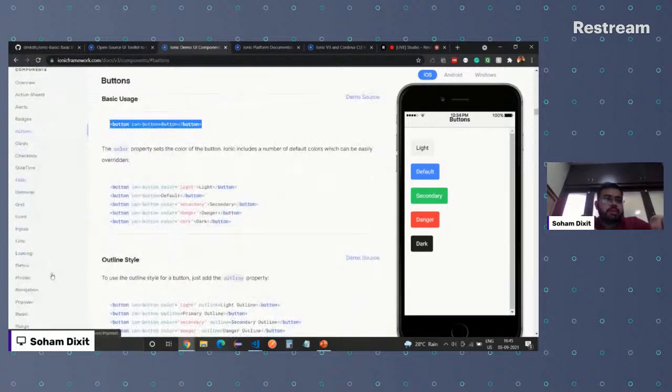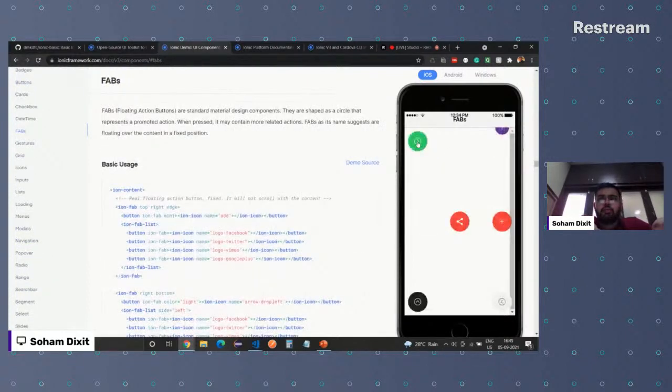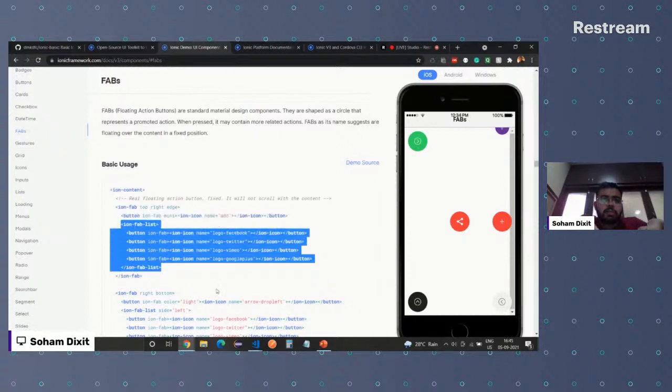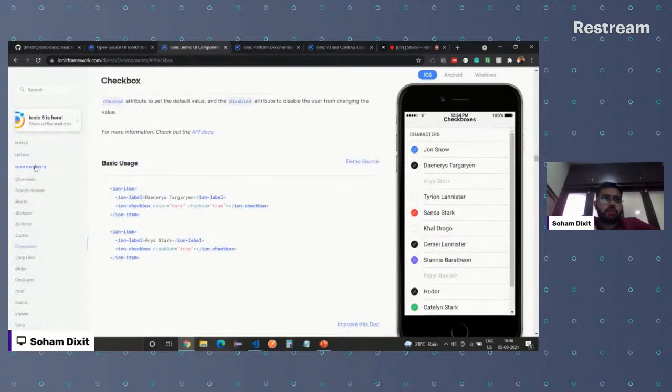So for example, if we need a fab button in our application, which I click and see different options. These are the different components which Ionic provides us, which we can readily use in our application. This is just an example. You can explore this components tab in detail as well.